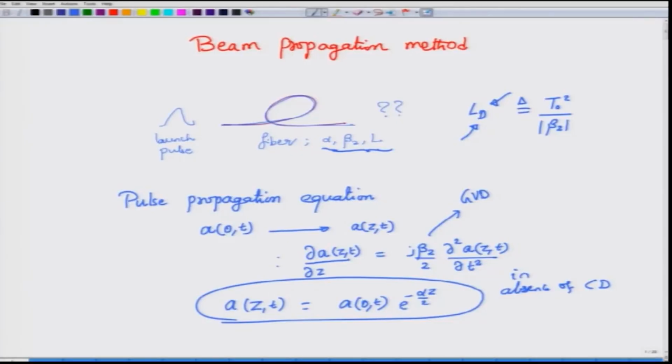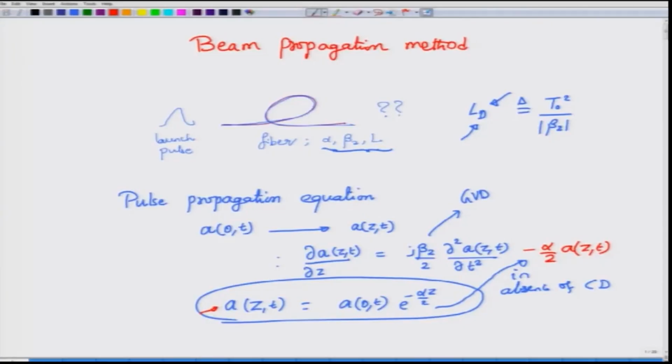and this amplitude change can be incorporated by modifying our pulse propagation equation by simply writing this as minus alpha by 2 A(z,t), right. I hope you see how simple it is to write this, because you can differentiate the left hand side with respect to z and the right hand side with respect to z, and then you will see that this minus alpha by 2 term will drop out, and the right hand side will be proportional to minus alpha by 2 times A(z,t). So, addition of this minus alpha by 2 A(z,t) will help you to take into account the attenuation,